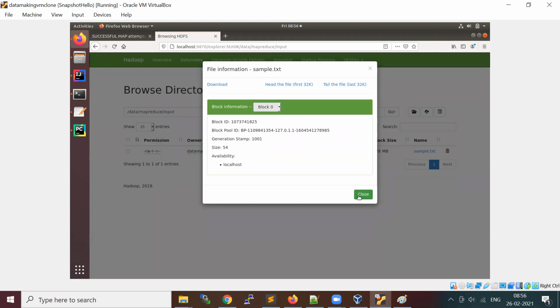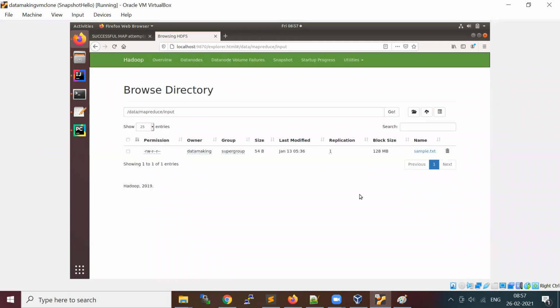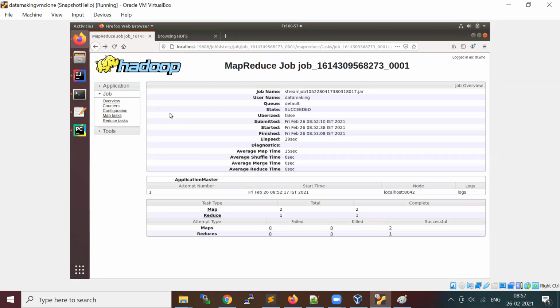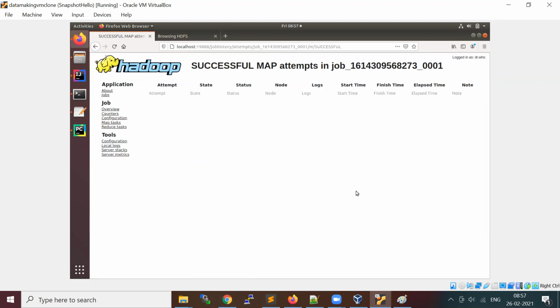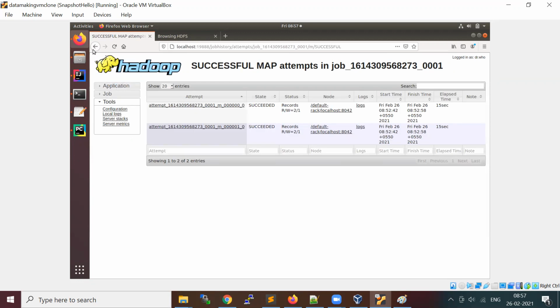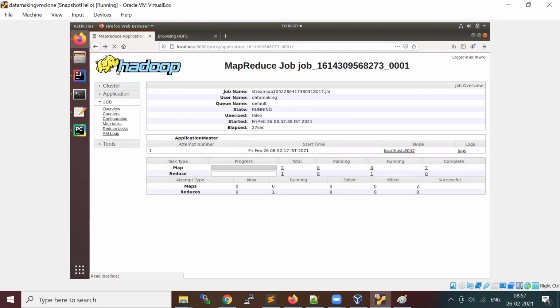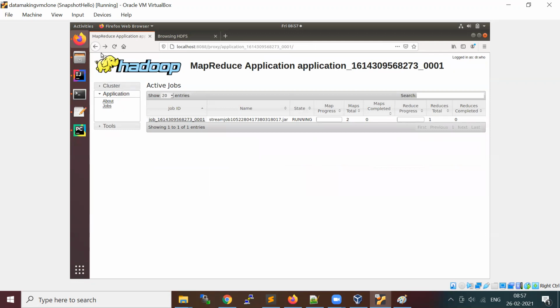Ideally, the number of map tasks is equivalent to the number of blocks of your input data, or input splits, almost the same except for the logical limit. So ideally only one map task should have run, but it ran two. I don't know the reason as of now, so I will check and let you know. Yesterday for the MapReduce program, we saw only one mapper running.